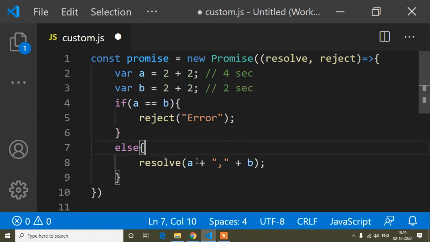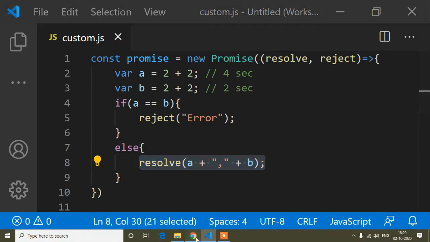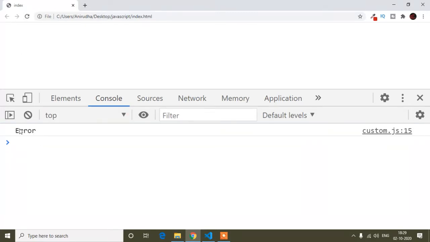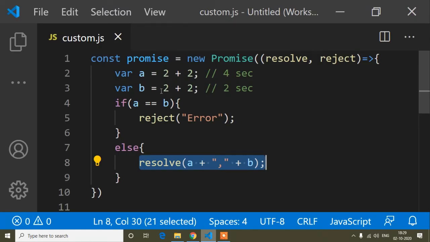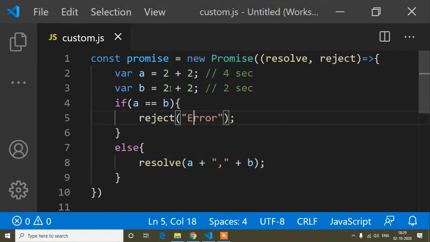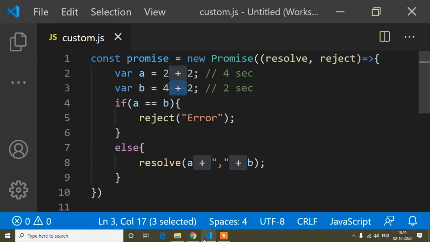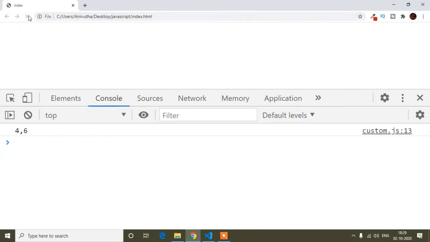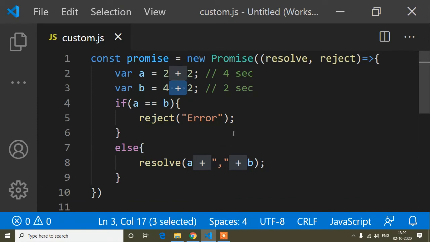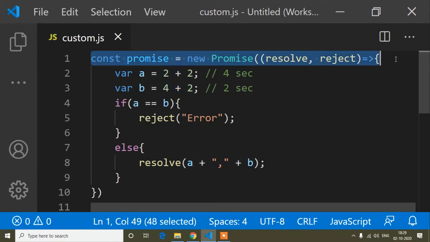So you want to pass a and b's value if your function executed properly, so you can do it. First of all we are getting error because a is similar to b. But if I change here anything to 4, now a and b are not similar because a is 4 and b is 6, so then we get the value of a and b. So you can see here we are getting the value of a 4 and b 6. So this is the promise, and here we wrote this promise this way.